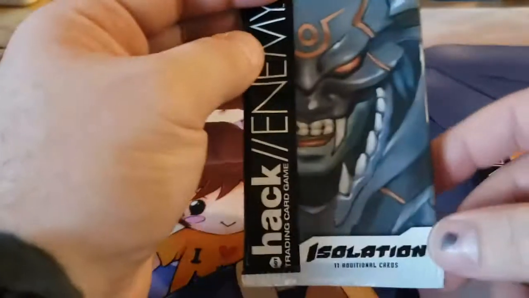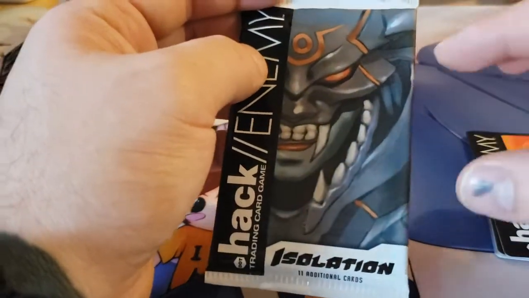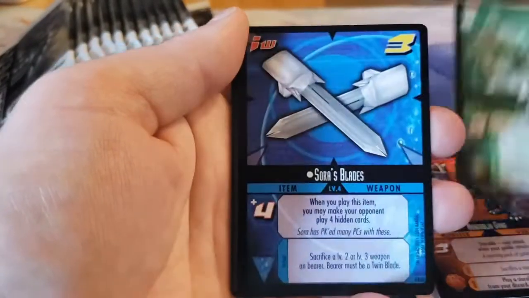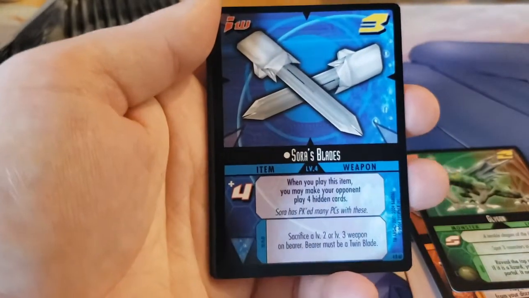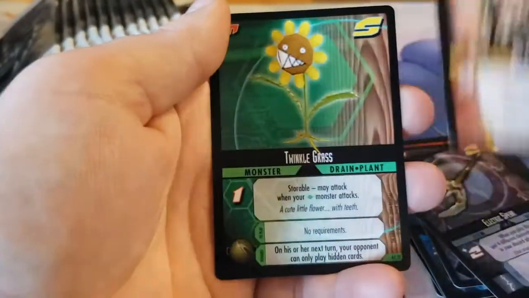Isolation. This was, for the record, the 4th set in the set. This guy was a part of their pre-constructed decks. I don't know if you can actually get him in the pack, so I guess we'll find out. Blood Suit, Hobgoblin Gang, Gligon, and Sora's Blade. So originally, that first one where we were looking at Twin Blade and Crim, the Twin Blade was Sora. These are his blades. Aparion 2.0, Time Visitor Assault, Earth Rod, Nog Papillon, Electric Spear, Big 2.0,